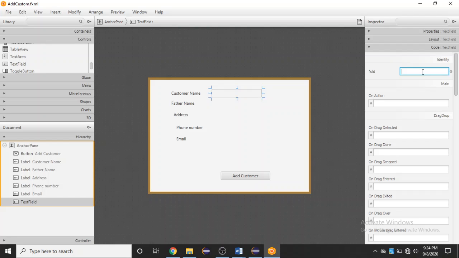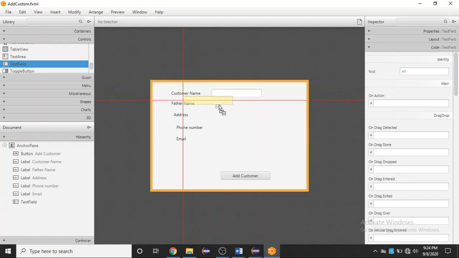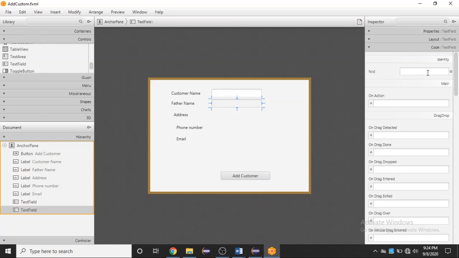So let's suppose it's N1 for customer name. Next I will add a text field for father name, and I will give its ID as FN1. So first field is N1, second is FN1.